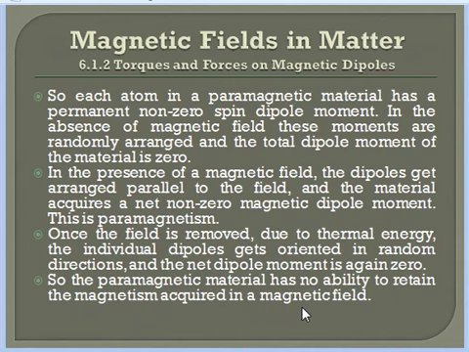So in a paramagnetic material, each atom or molecule has a permanent dipole moment because of the single unpaired electron. But as a bulk material, if we consider a finite volume of the material, it will contain a large number of dipoles, and these dipoles are randomly oriented because of the thermal motion. Therefore, the total dipole moment of the material will be zero in the absence of a magnetic field.